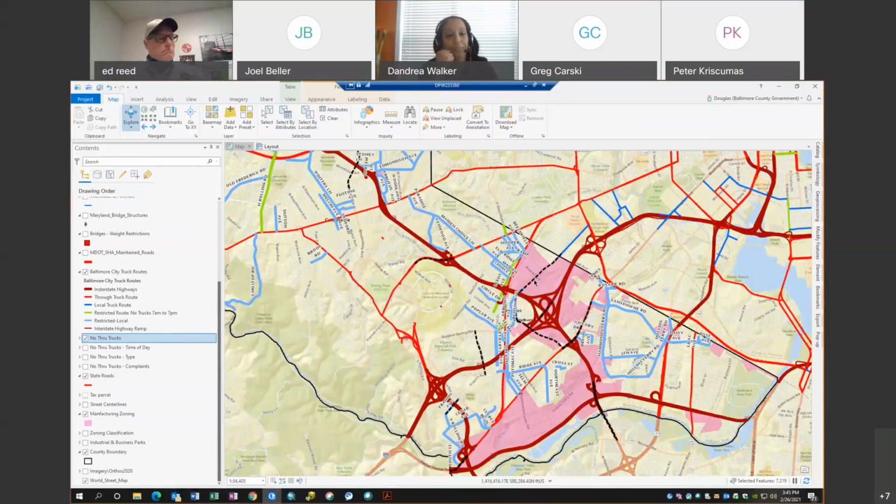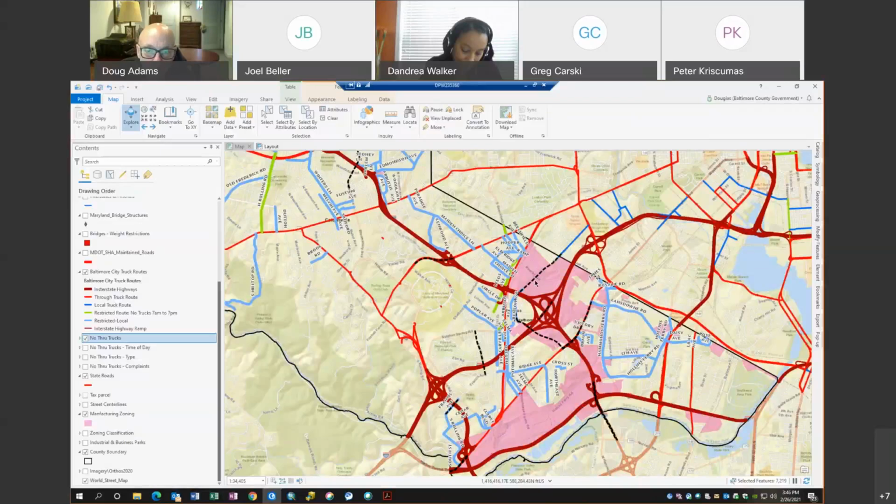Yes. I think what we want to do now is go through this with somebody with your staff just to make sure you've got the issue with the Maryland 43. Yeah. And then, because of the way I've mapped these, I certainly can describe the way I've mapped them, but I might also want to create a point layer that says, here's where the actual restriction is. Yep. I think that might be helpful for some of these.